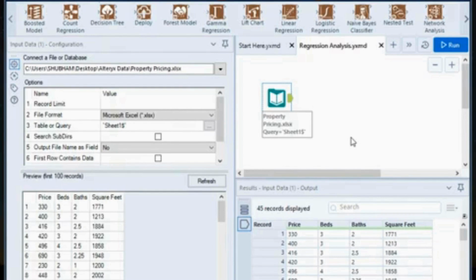So here our dependent variable is price and independent variables are beds, which is the number of bedrooms. Bath is the number of bathrooms. Square feet is the square feet of that particular flat. How these three variables impact price of a property, right? So in order to run a linear regression analysis,